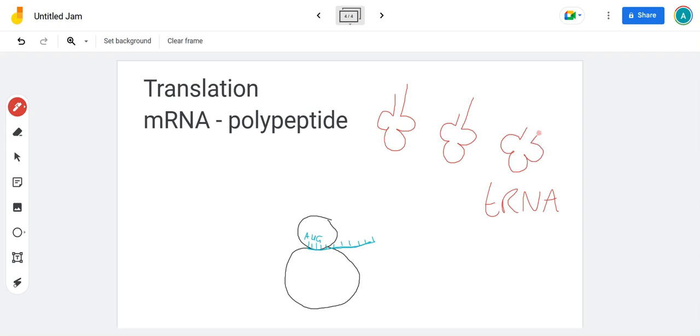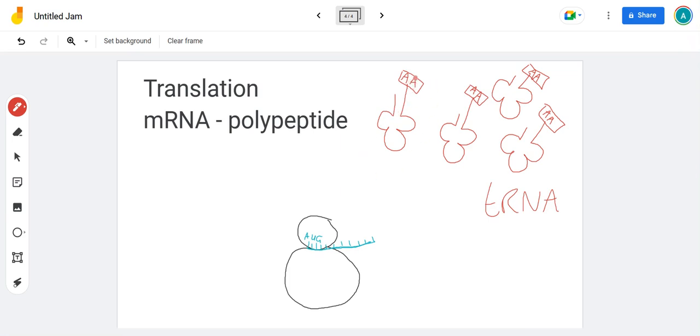Now, another way you could think of it is taxi RNA. They're little taxi services that carry specific amino acids. So these rectangles are amino acids. In most of them, we don't really mind what they are. We could literally just call them amino acid, AA,